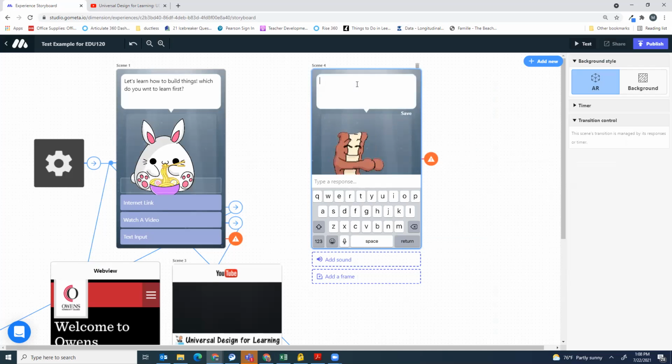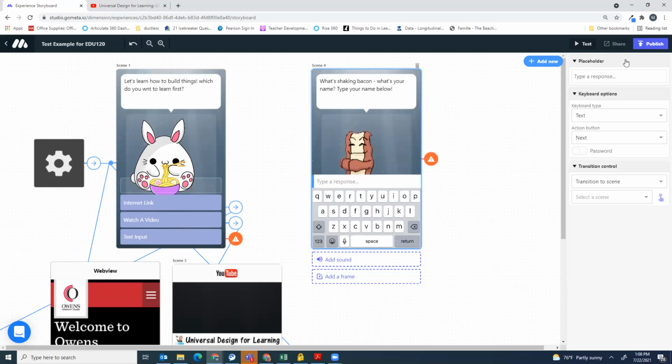And I'm going to ask a question of my person doing this experience. So I'm going to say, because he's pretty cool, what's shaking bacon? What's your name? Type your name below. And it helps if I spell things right. So type your name below. In the response area here,